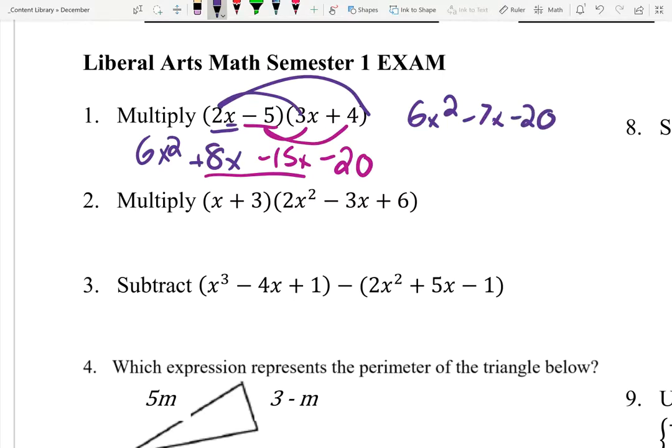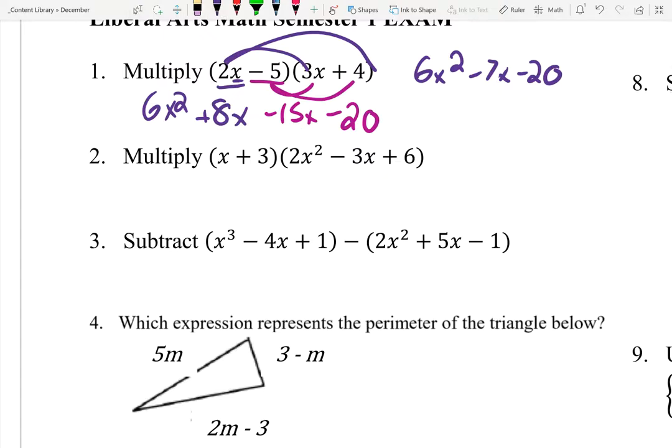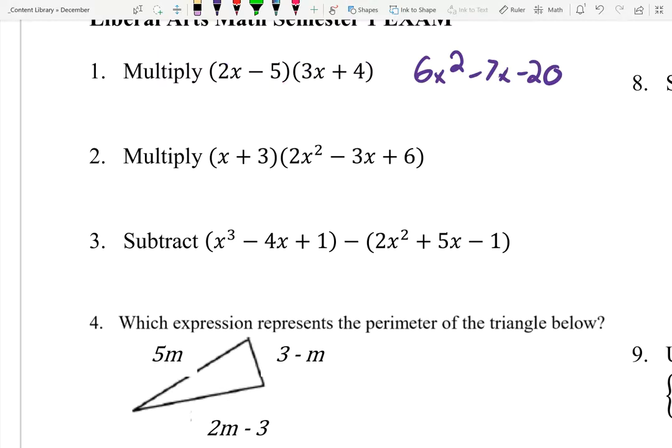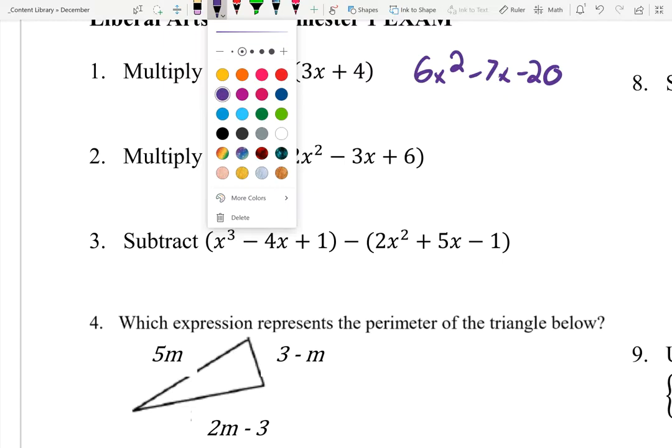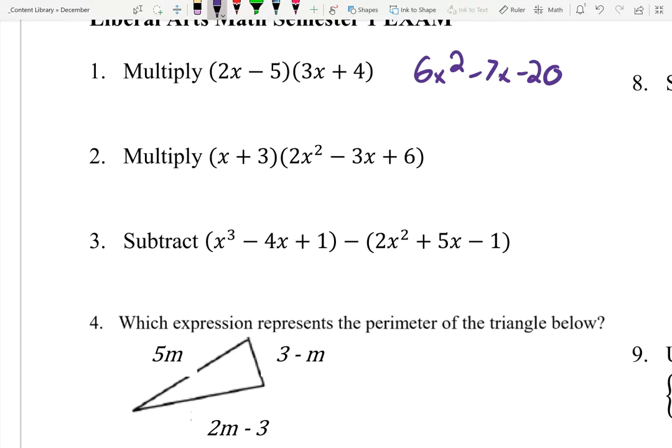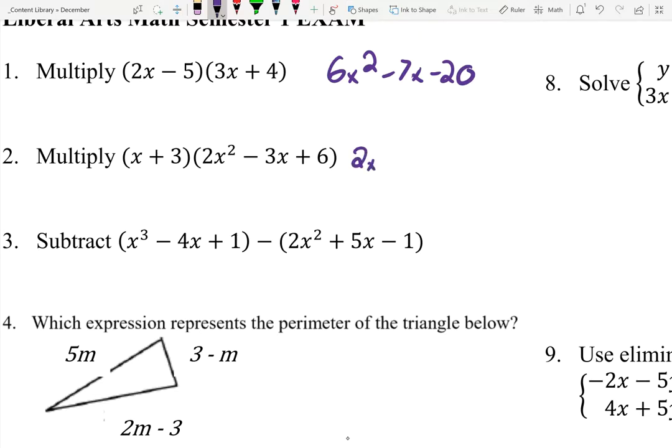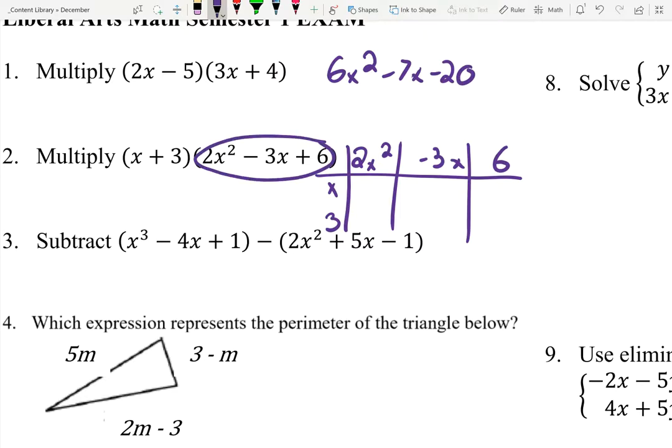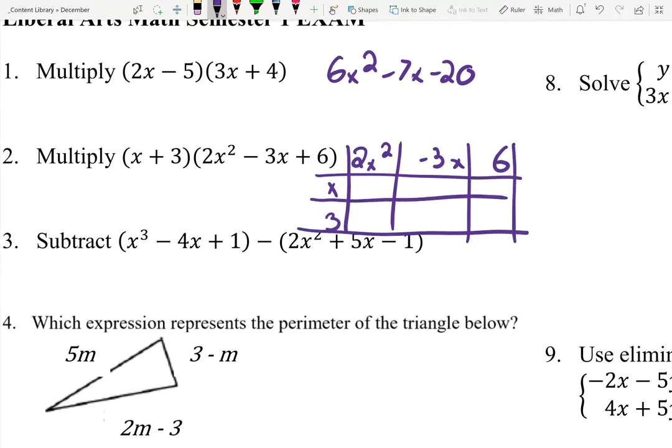All right, so let's look at multiplying the next one, number 2. Same idea. You can either make a table, which would probably be the easiest way to do it here, or just go ahead and distribute a bunch. So I'm going to make a table. On top, I have all the terms from this polynomial, the 2x squared, the -3x, and the 6. And on the side, I have the 2 terms from the other one, the x and the 3. So multiplying all this out,